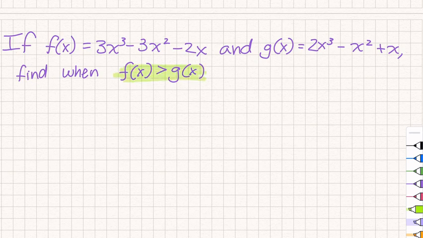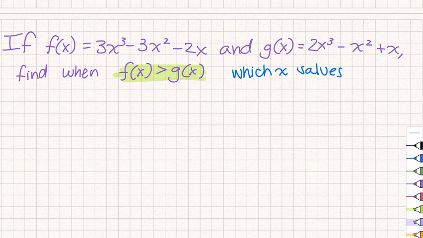So we're trying to see which x values will f of x on our graph be greater than g of x. So because we have two functions here, we're not checking when it's greater than or equal to 0. We have two functions. What we're going to do, we're going to simplify our equation. So what we have to do here,